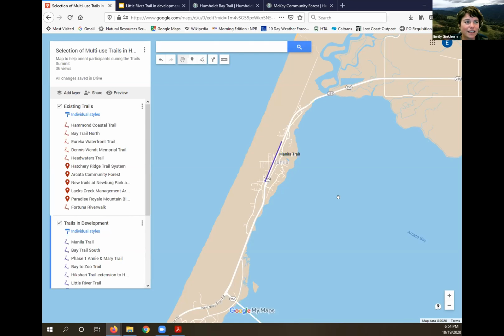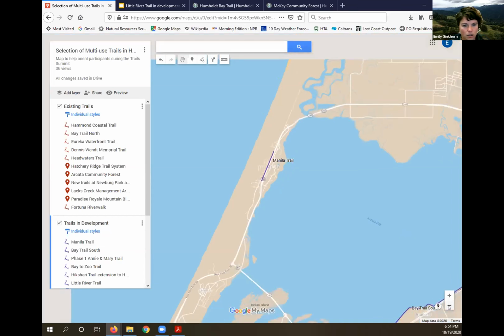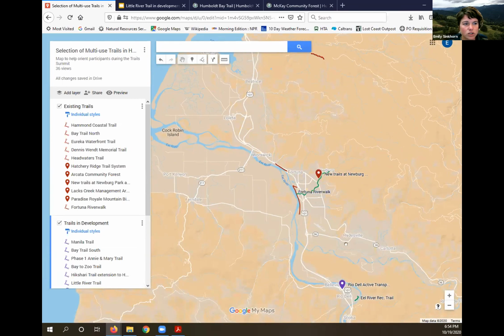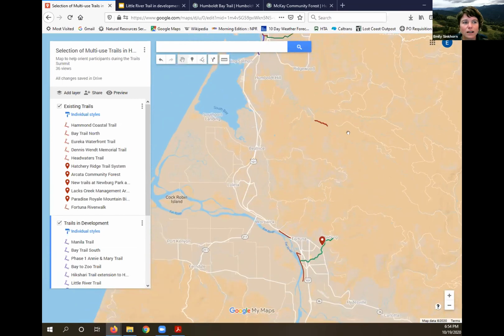And even if this segment looks like it's floating in the middle of Manila, it will serve transportation needs and recreation needs in Manila, but can also be the first segment of a trail that could eventually connect Manila to Arcata. So I know I'm running close to time, but I want to zoom down to Fortuna. And before zooming,